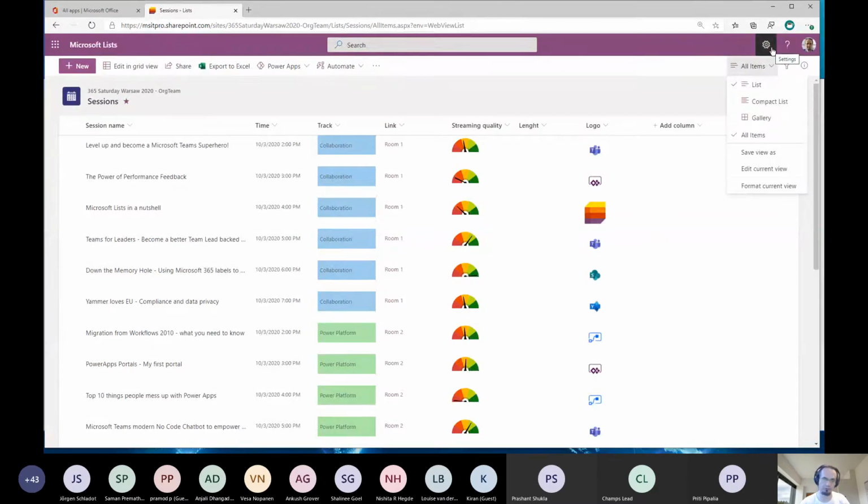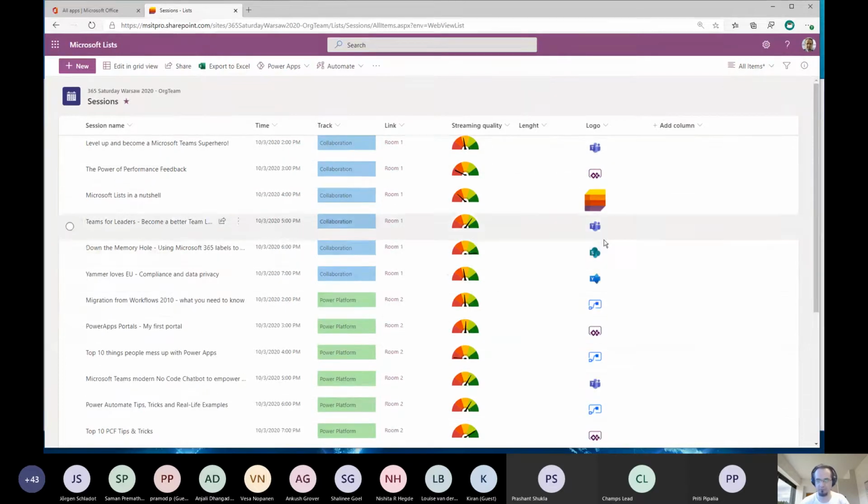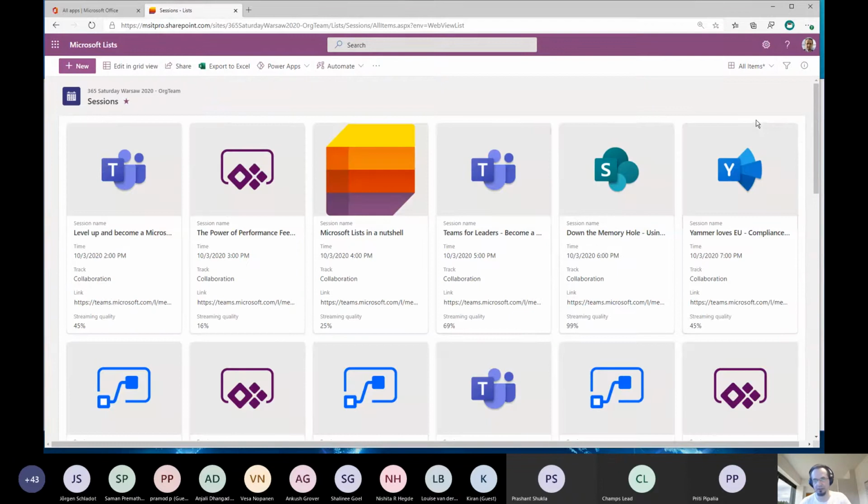All items displays all items with formatting applied. Compact list removes unnecessary spaces between items. And gallery. Gallery is a special view designed for lists when we store images, pictures, because it shows a nice card for our item with a picture at the top and additional information below.